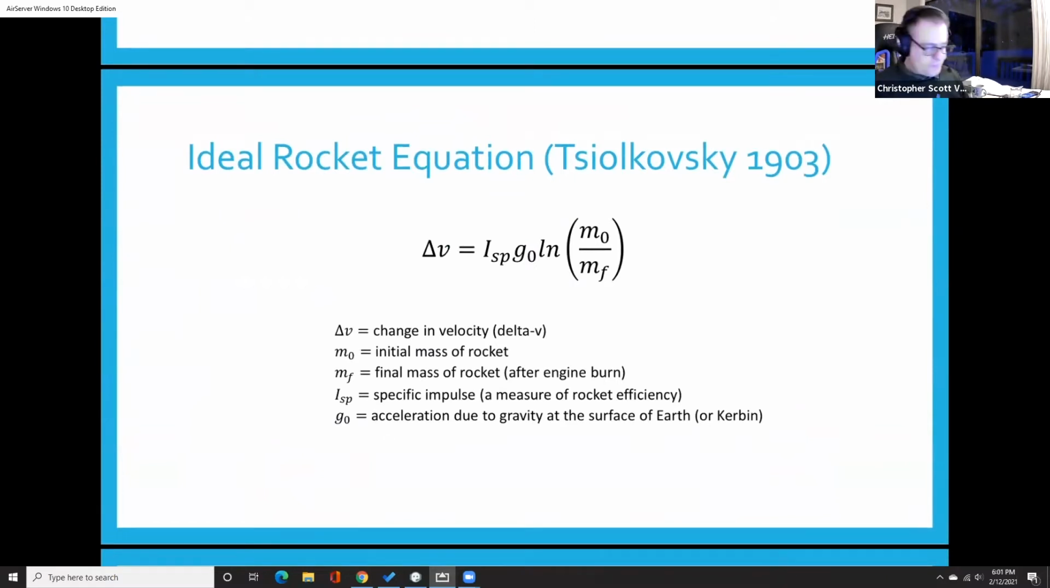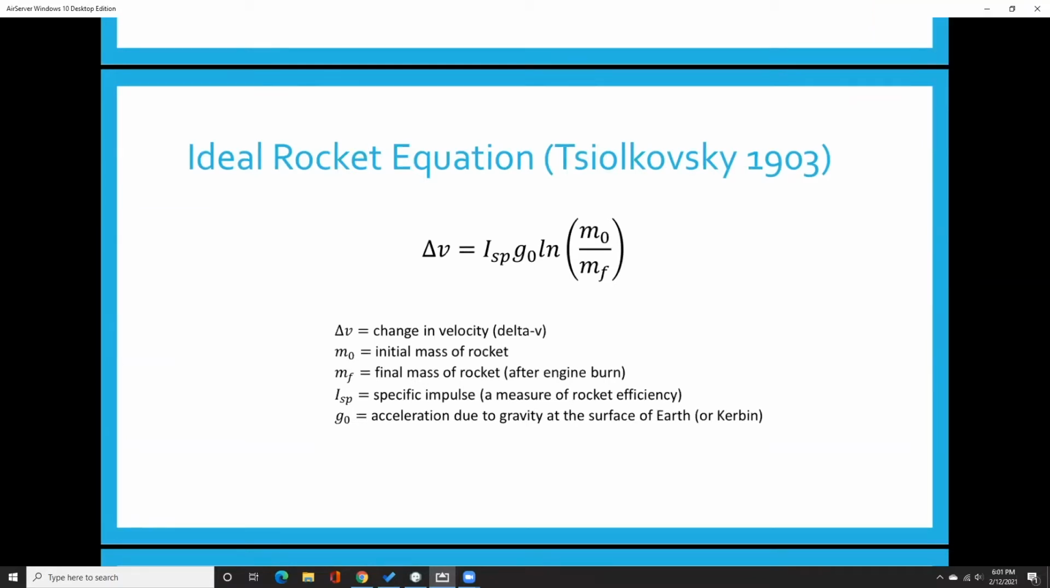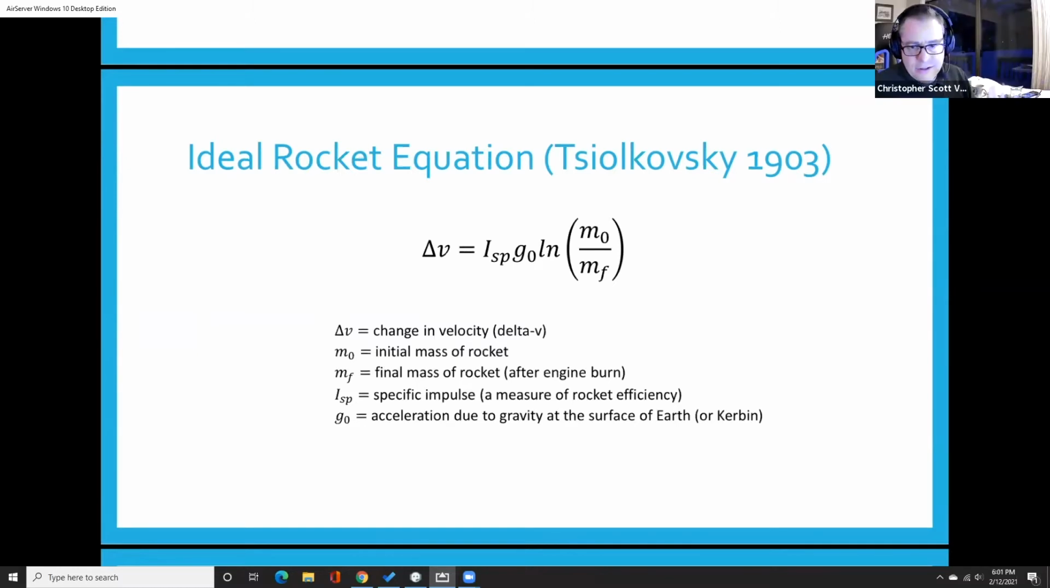Okay. So I'll begin with the ideal rocket equation, which was pretty new for me. A couple of years ago, I didn't even know there was such a thing as a rocket equation, but how cool is that? There is a rocket equation. Yeah, and it tells you a change in velocity based on some parameters: specific impulse, surface gravity, initial and